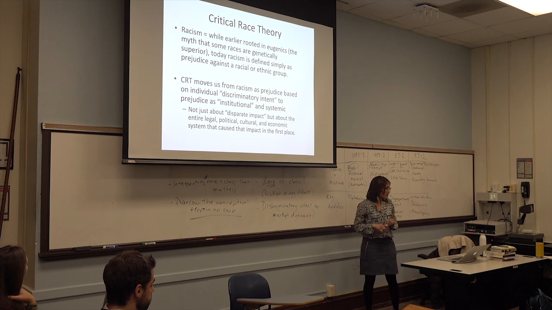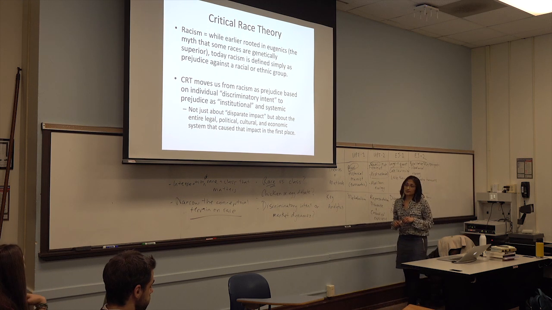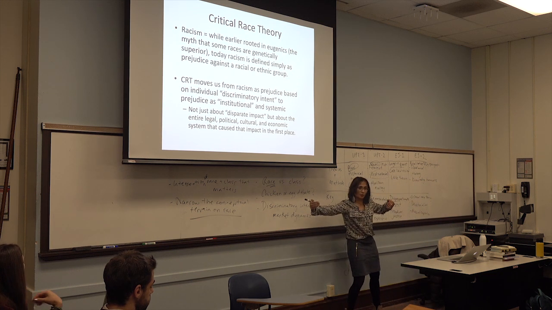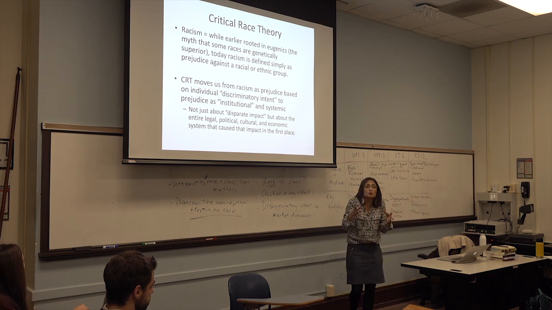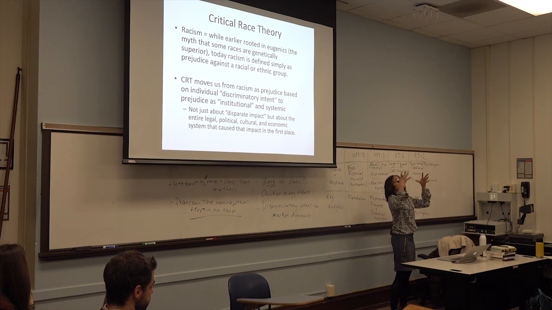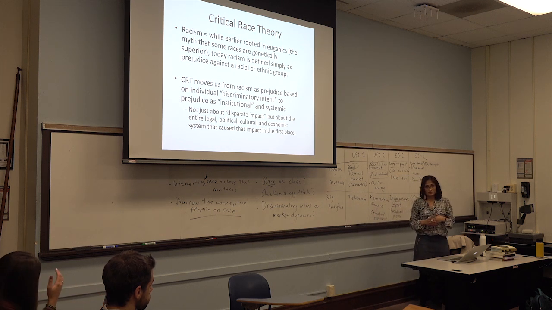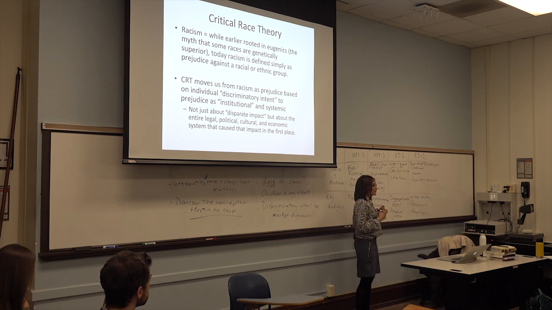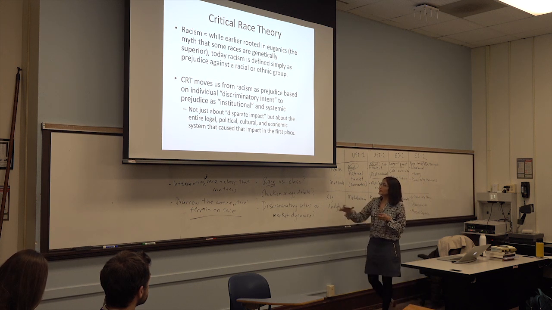For Omi and Winant, racism is prejudice not just based on discriminatory intent, or disproportionate impact on the one end or the other end, or not just based on limited ideas of who can participate in the legal system procedurally, but is based on institutional or systemic discrimination. That means that particular hierarchies are reproduced even when there is no clear intent that you can pin